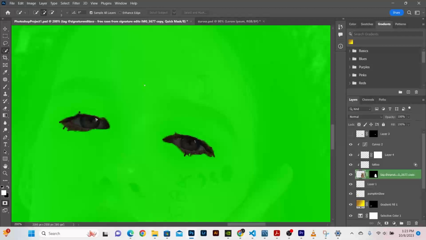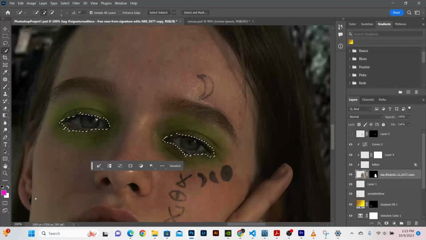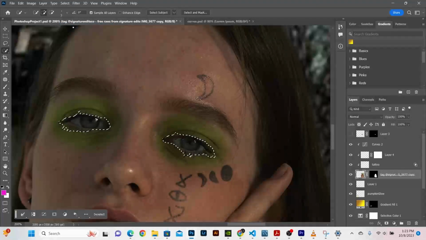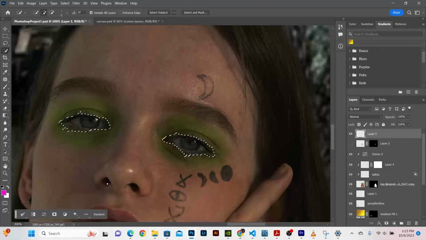So this is what's currently selected. Everything that's green is not. You can of course double click this if you want to change the color transparency of the mask. So what I think I'll do here is I will actually invert the selection. So it's the opposite. It's everything except the eyes. This allows me to make a new layer above everything else, and I can take a brush, increase the size here,